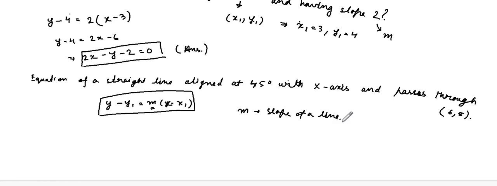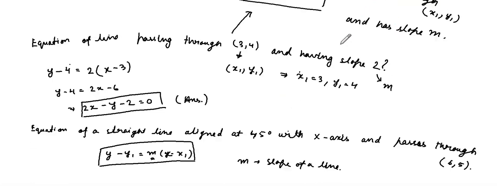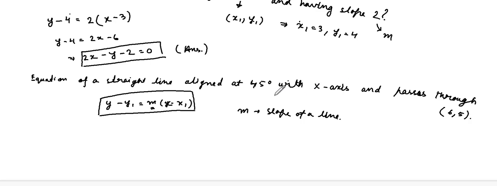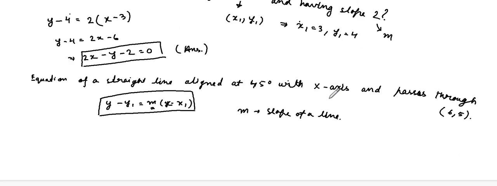And you can see here clearly that alpha was the inclination with the x-axis, and the tangent of this alpha was taken as the slope, right? So here we can easily say that alpha is equal to 45 degrees, right? And m is equal to tan alpha,